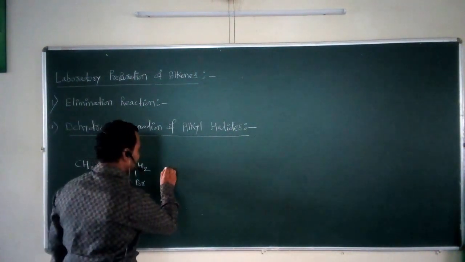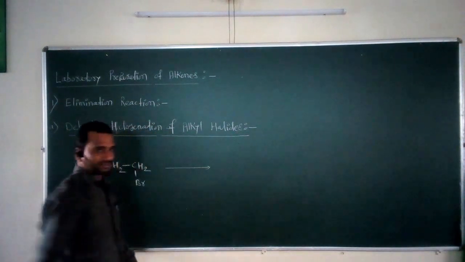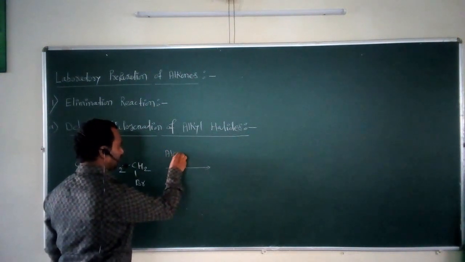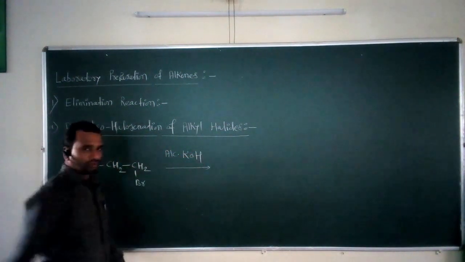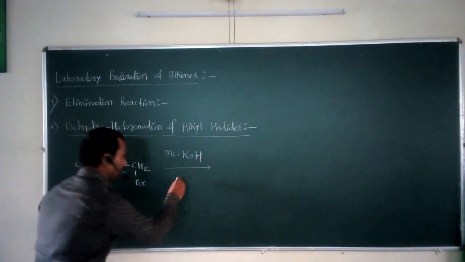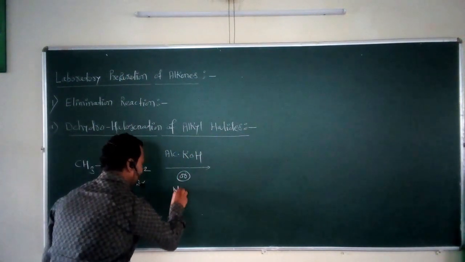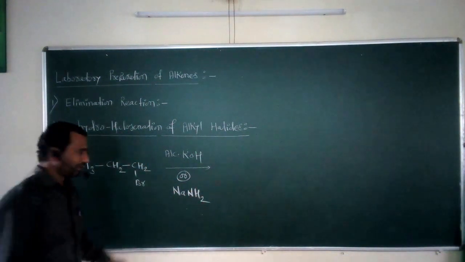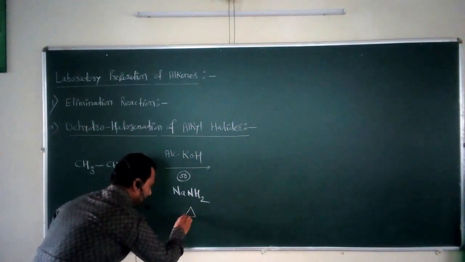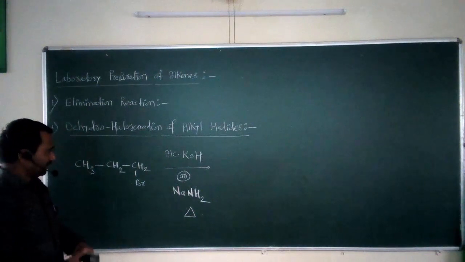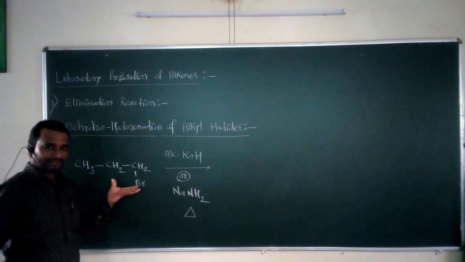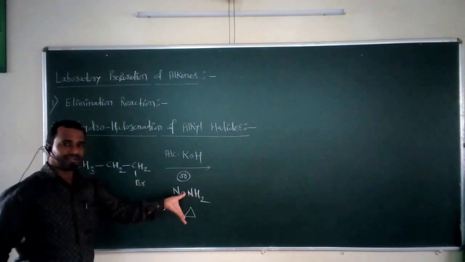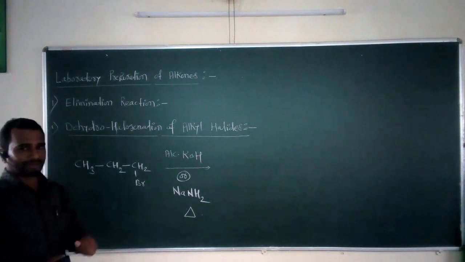After that, this alkyl halide or this propyl bromide can react with a reagent. For this purpose, you may take here alcoholic KOH, or you may take here reagent as NaNH2, and you have to heat the given reaction mixture. Propyl bromide can be either reacted with alcoholic KOH or it may react with the NaNH2, and after the heating of this particular reactant molecule, what happens?